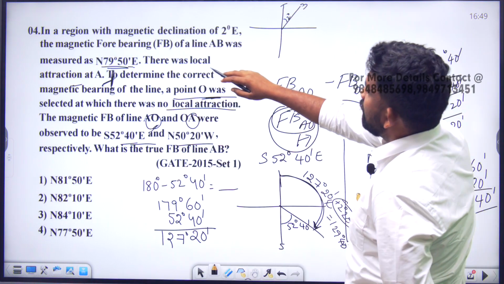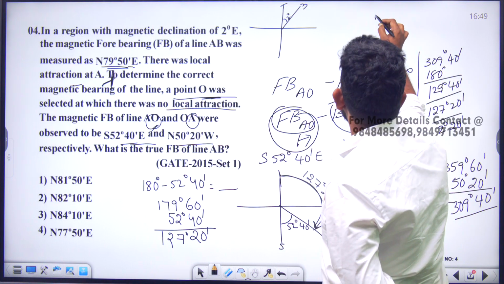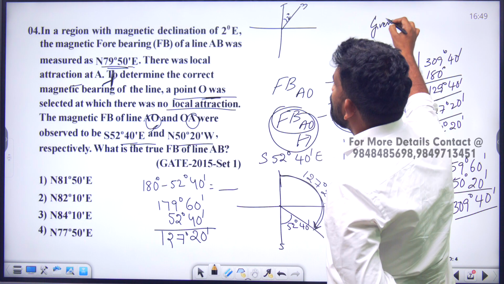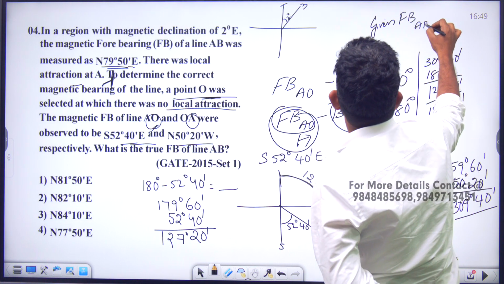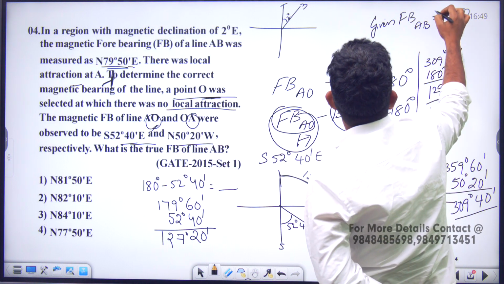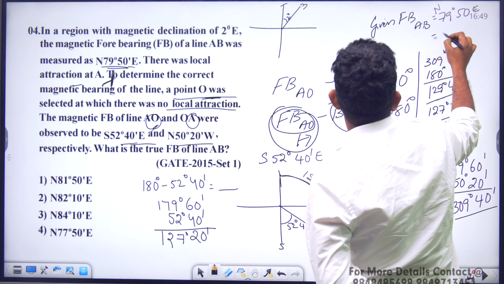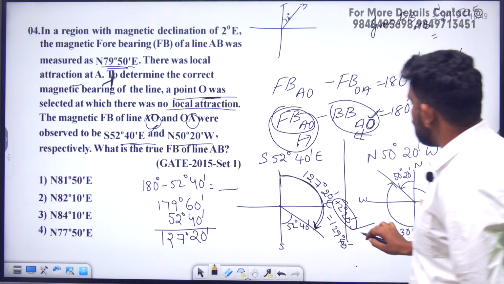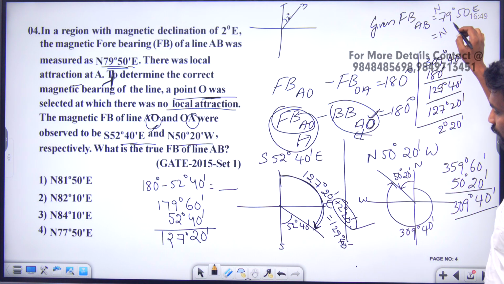So now the question is 79 degrees 50 minutes. The given bearing of AB is 79 degrees 50 minutes, which is lying in between north and east. So I need to apply a correction for this. After applying this correction, that is 2 degrees 20 minutes, the value comes out to be north